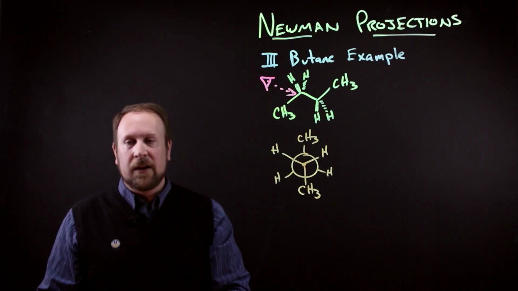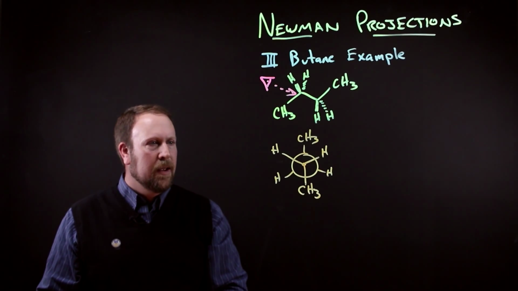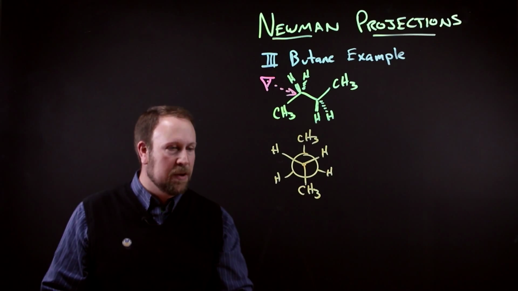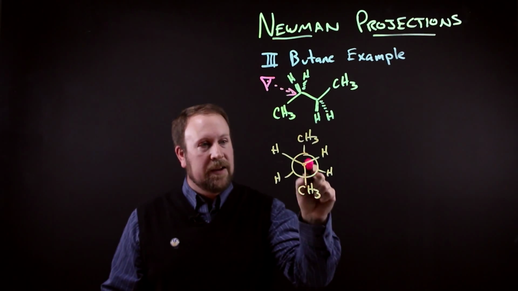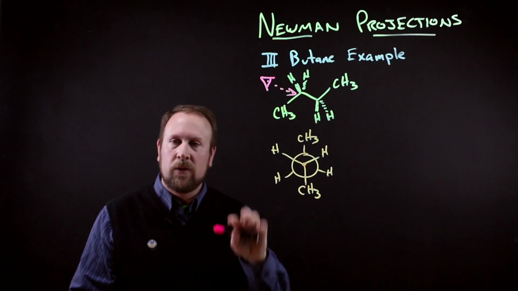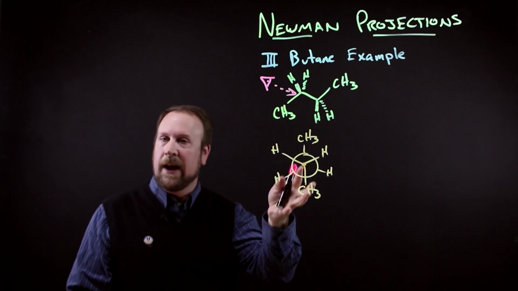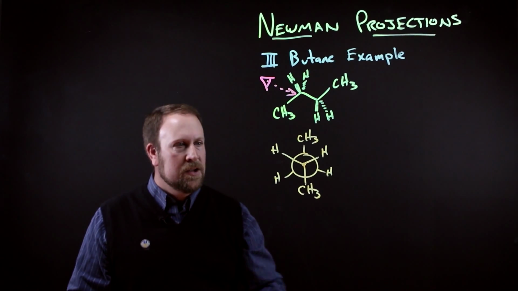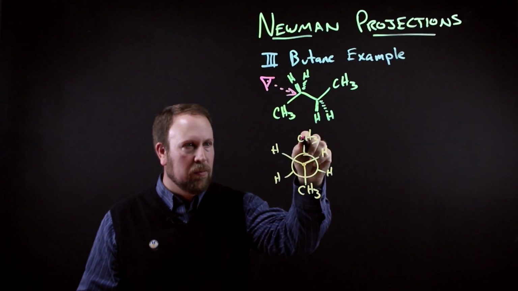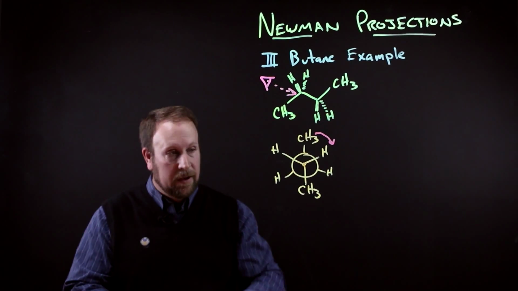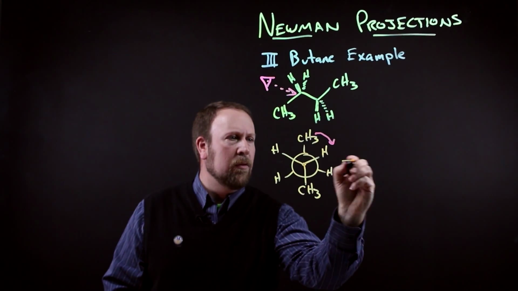All right, so let's take a look at some of the different Newman projections. And I'm going to tell you the trick on how to make sure that you can get all of the different Newman projections that we want. What we're going to do is we're going to take either the front carbon or the back carbon. I'm going to choose the front carbon and hold that static, and we're going to rotate the other carbon in a clockwise or counterclockwise direction. So for me, I'm going to take the back carbon, which I'm representing the motion by this methyl group, and I'm going to rotate it 60 degrees. And if we do that rotation,